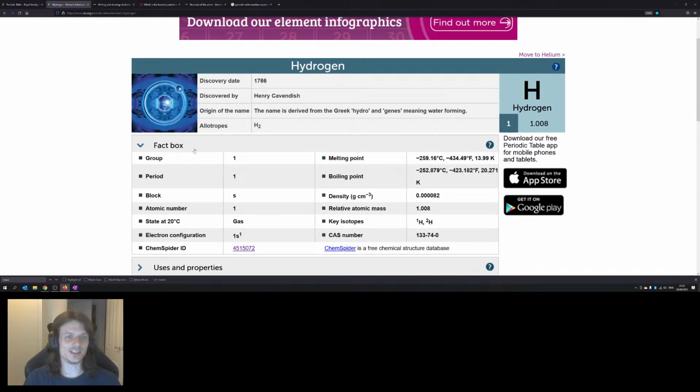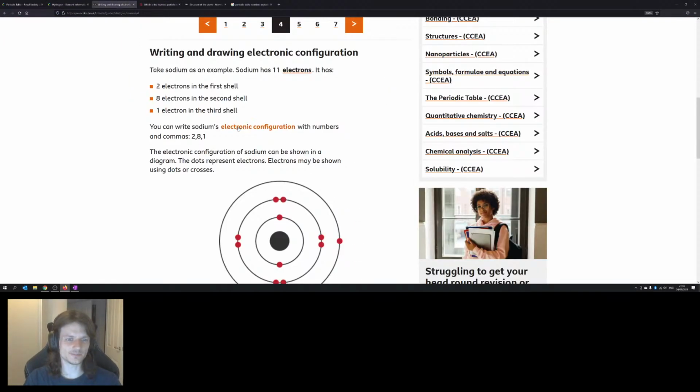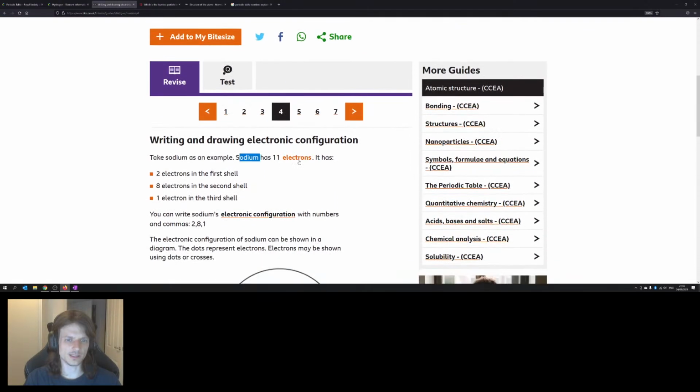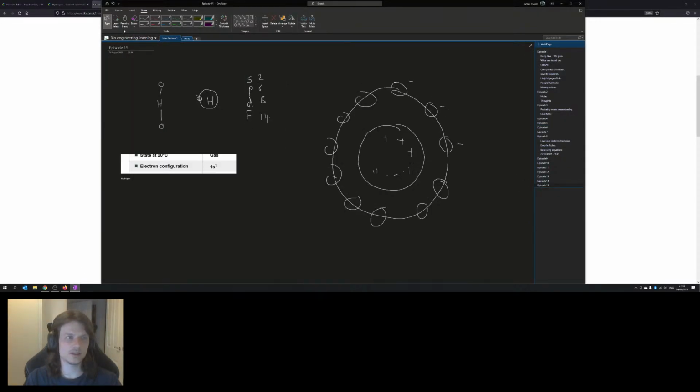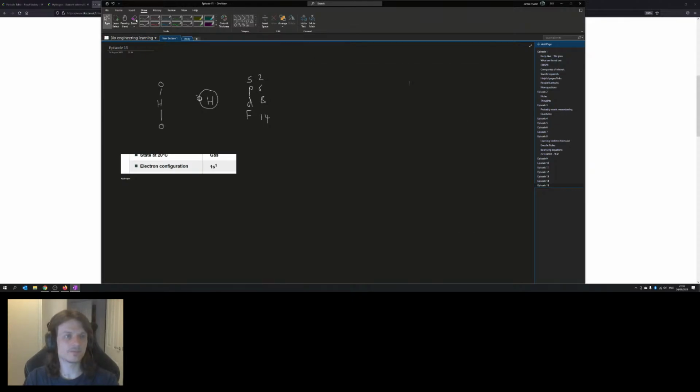Cool. So the 11 in the Na, yes, it's 11 electrons. That means it's got 11 protons. So let's go back here. Let's draw this a bit better. So Na equals 11 electrons and 11 protons, and neutrons is going to be